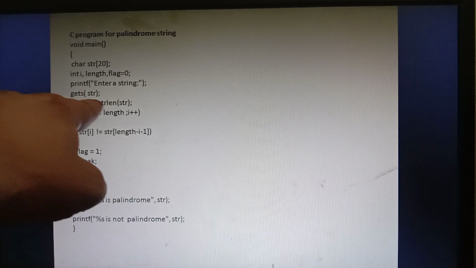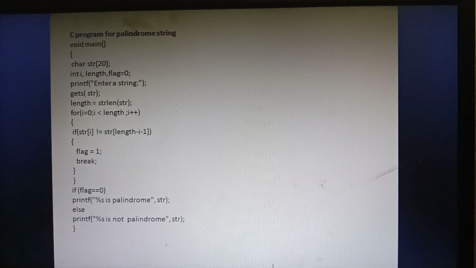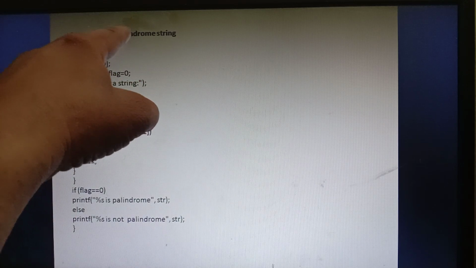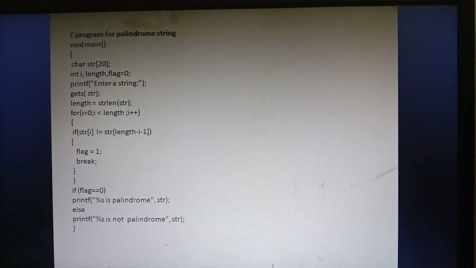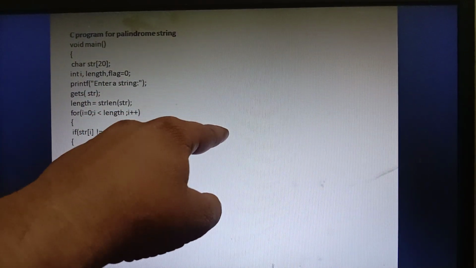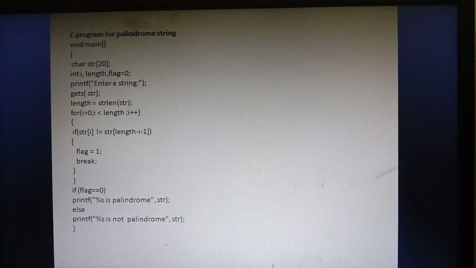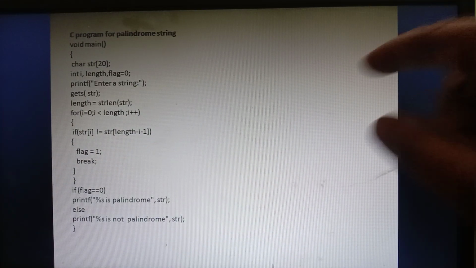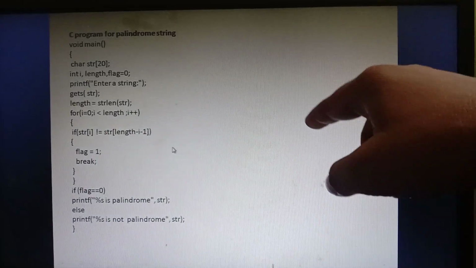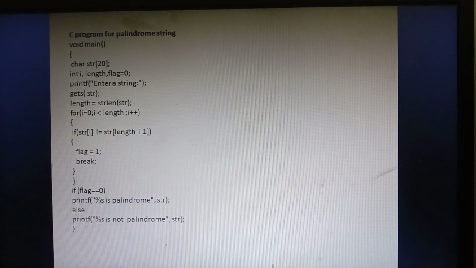So I am getting the length value here. Suppose I am taking a string and getting the length, strlen of str. Suppose I give mam. What is a palindrome string first of all? The reverse of the given string is the same. If you reverse a string and it is also the same as the original string, that is called a palindrome string. Best example, mam. I am writing mam, M-A-M. Then what is the reverse of the string? Also mam. So the best example for a palindrome string is mam. Okay, now we can go for it, so I will show it in the Word file.